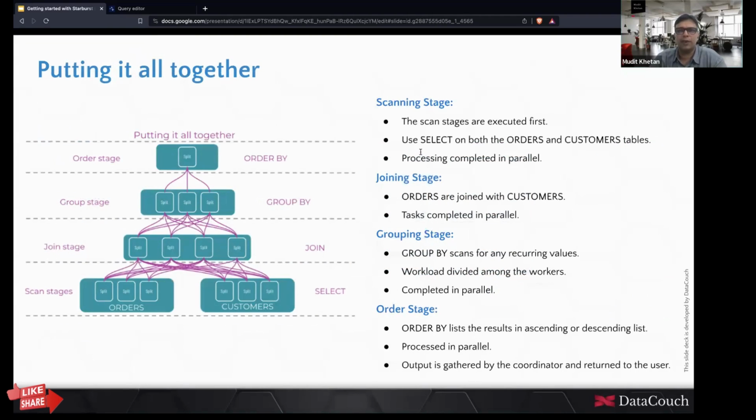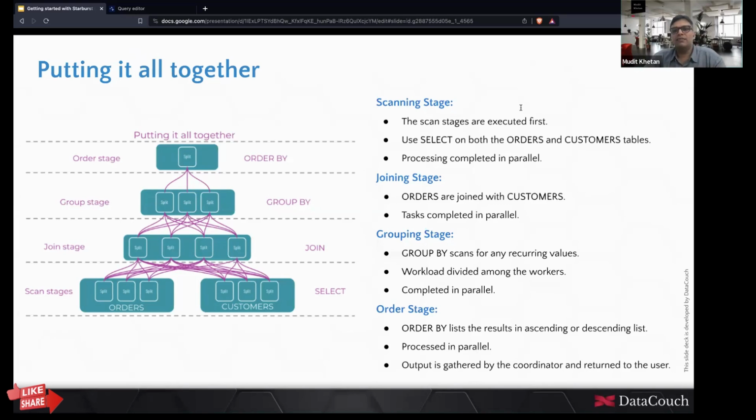Let's consider a typical query in which there are two tables, customers and orders. There is a need to inner join the tables based upon the common order ID or customer ID field. Once the data is selected from the data sets, that data needs to be joined, then grouped by, let's say, customer category or some other criteria. And finally, it needs to be presented to the analyst by ordering it in different ways. So you can see that there are different stages going on, from the bottom at which we have the different data sources and going on altogether, right?